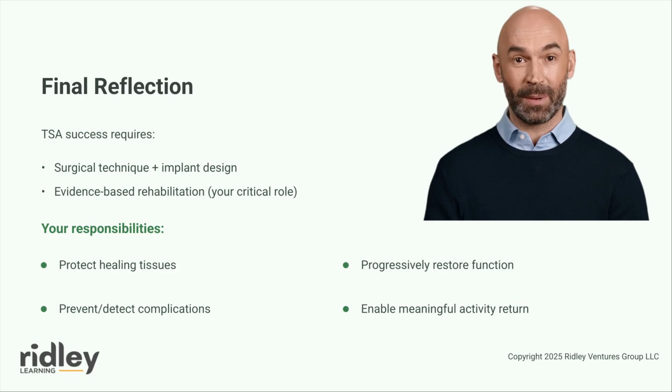Total shoulder arthroplasty represents one of the most transformative interventions available for patients suffering from glenohumeral pathology, with the potential to dramatically reduce pain, restore function, and improve quality of life. The success of these procedures depends not only on surgical technique and implant design but critically on evidence-based rehabilitation that protects healing tissues, progressively restores mobility and strength, prevents complications, and enables patients to return to meaningful activities and participation